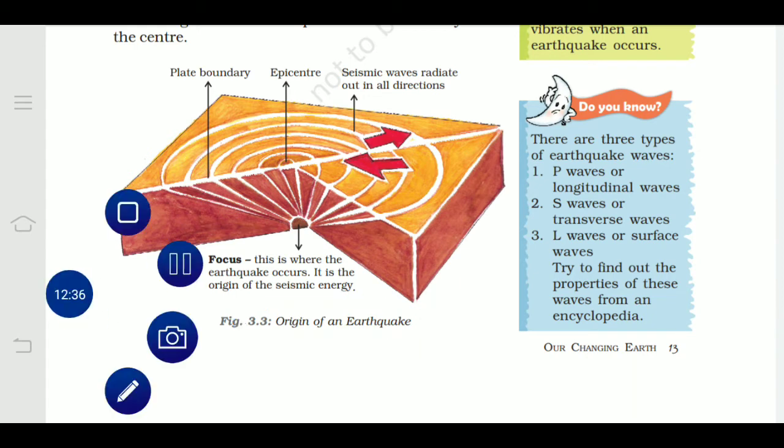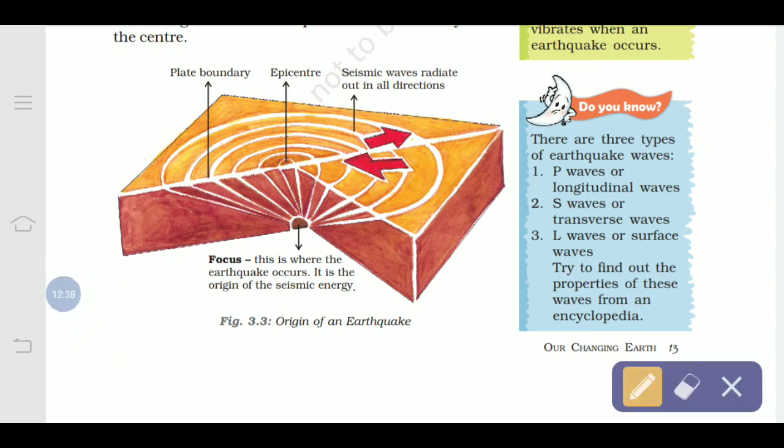Then the next is S waves. S waves mean an up and down movement like this, and the rocks move up and down from side to side. They travel deep underground and cannot move through liquid. So this also creates more destruction, but it is very rare. The P waves and S waves are very rare.